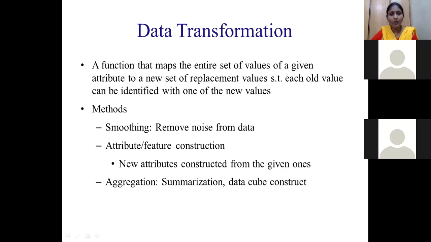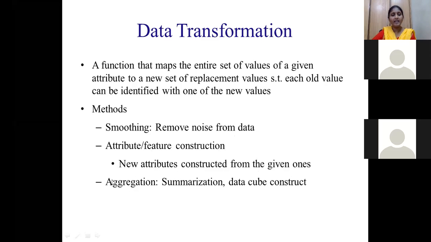That means new attributes can be constructed from the given ones. For example, in your student table you already have the marks of the students, but you do not have the average SGPA calculation in your table. So from the available marks of those students, I am going to generate another new attribute from that available data. According to your purpose, we construct a new attribute that can be constructed from the given ones.